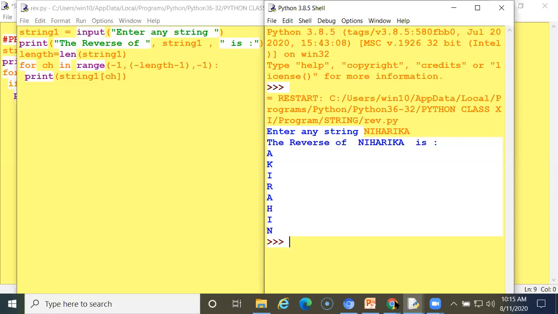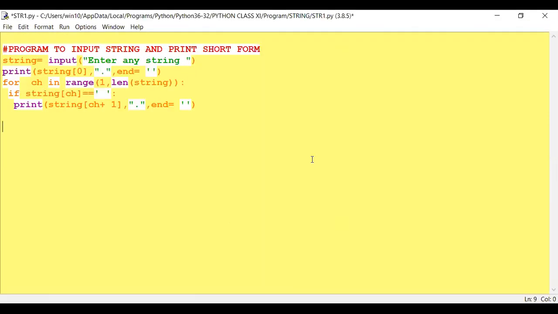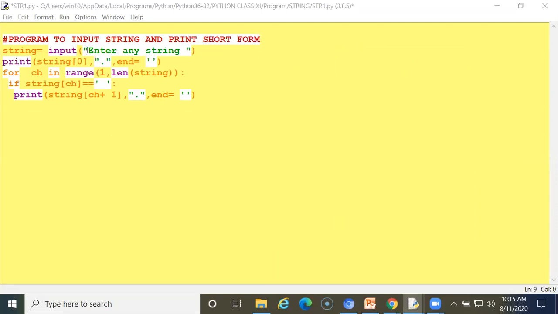So, one another example I am showing you. This is a program to input any string and print its short form.